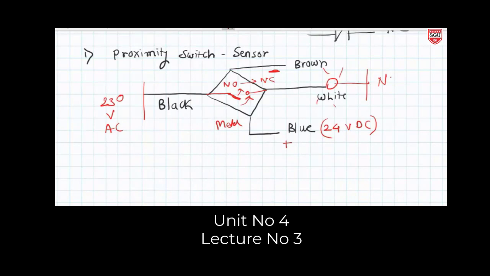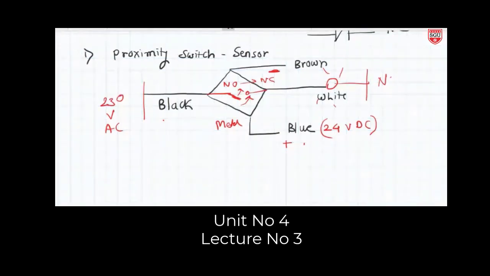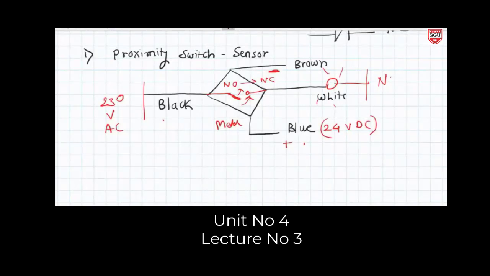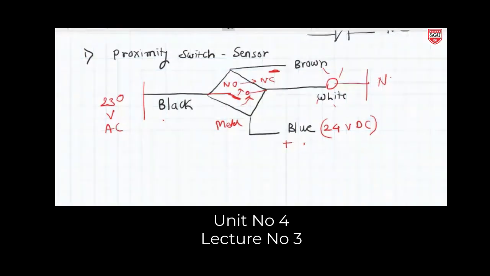We are having here two connections. One connection is for 24-volt DC supply. One connection is for 230 volt to light the bulb. Okay. So we are attaching like this. So this is the proximity switch. Now the problem is, suppose we are having the proximity switch with us, then it will sense the metal and the lamp gets on, which was previously off.